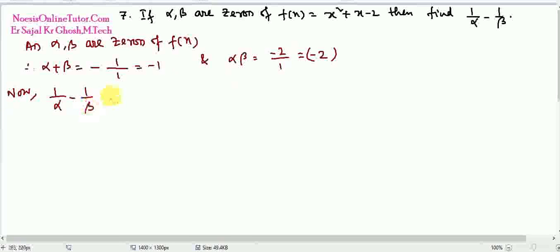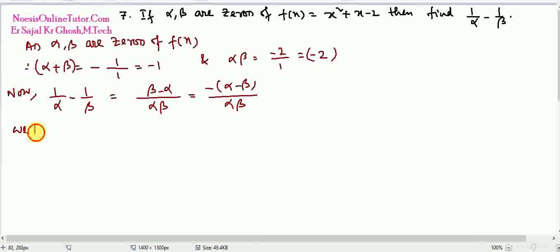This is equal to beta minus alpha by alpha beta. This is nothing but minus of alpha minus beta by alpha beta. But here I have only alpha plus beta. I have to get alpha minus beta first. We know we have alpha